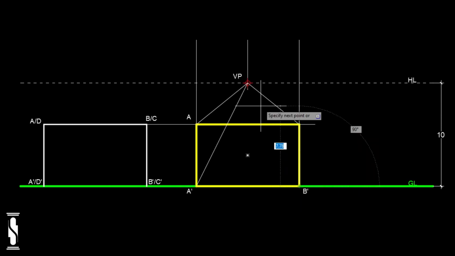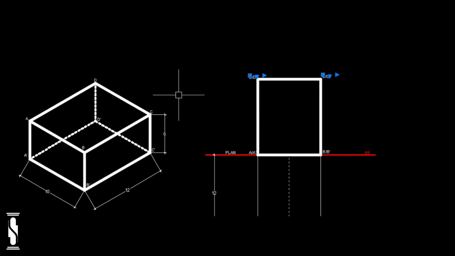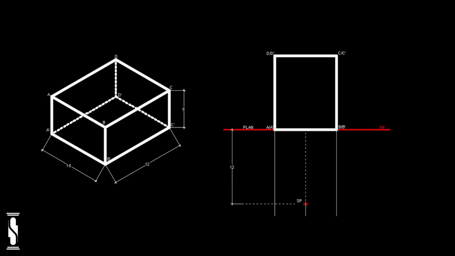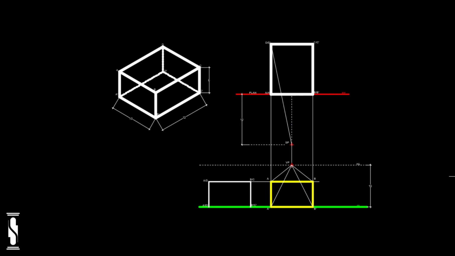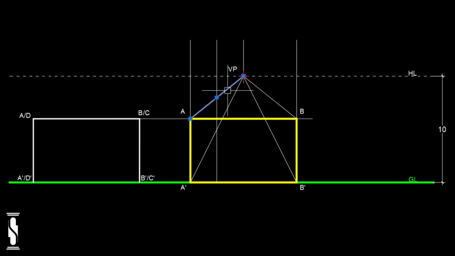Now, we have to locate the point C, D, D dash and C dash in perspective view. So, drop a visual ray from station point to point D of plan, and wherever this visual ray intersects the picture plane, drop a vertical projection line from that point towards the ground line. We can clearly see that this projection line is passing through the vanishing line which are originating from point A and A dash. Wherever this projection line intersects the receding line, name the upper point D and lower point D dash, as point D dash is resting on the ground.